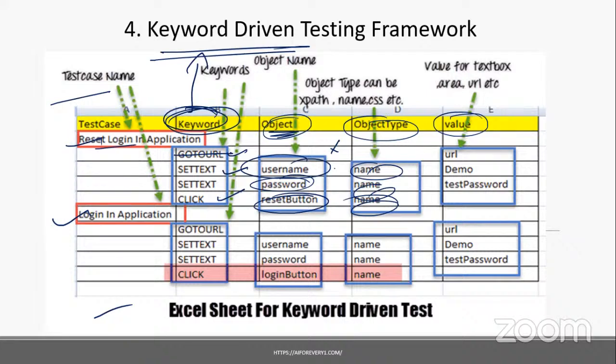Everything is a keyword. Everything is a reusable functionality. So all you have to learn is how to work with the Excel sheet. To be frank, right now in all the companies, mostly everyone is working with the Excel sheet only. Mostly hybrid frameworks are used, which is nothing but the keyword driven framework. So what knowledge do you need? No big knowledge. You need to know how to put in test data and how to work with the Excel sheet. That's more than enough. Anyone can put the test data and start doing it.